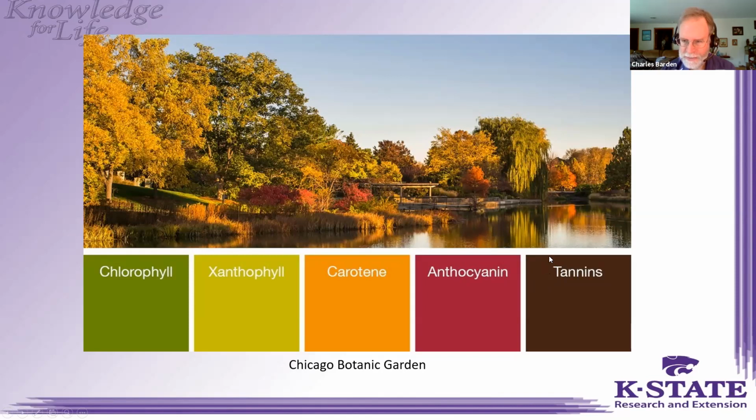And finally, tannin is the brown color. This is just when a leaf is dead and dying. The waste products and all make it just become brown leaves. And some of our oak species, the leaves go from green to olive green and then to brown, and they don't ever have this bright color along the way.